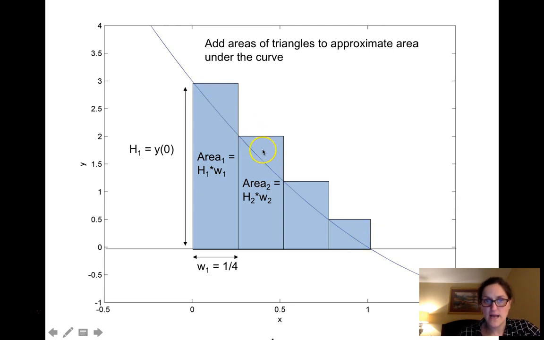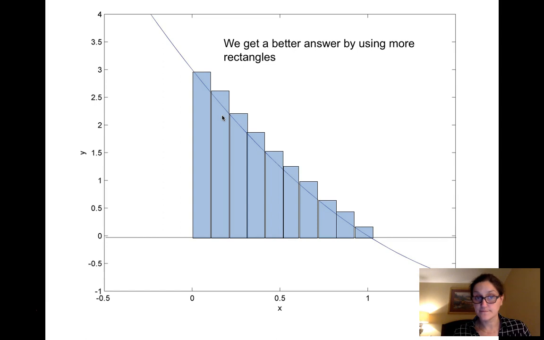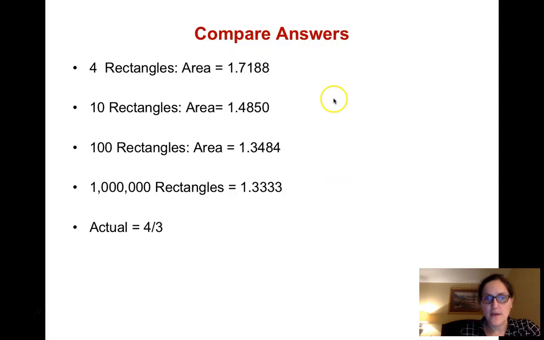And this is sort of the size of the mistake. This plus this triangle plus this triangle plus this triangle. Okay? However, as these intervals get smaller and smaller, my error will get smaller too. And that's also a numerical method, and we will actually get as close as we want to the result. So if you compare the answers for 4 rectangles, this area is 1.72, let's say.